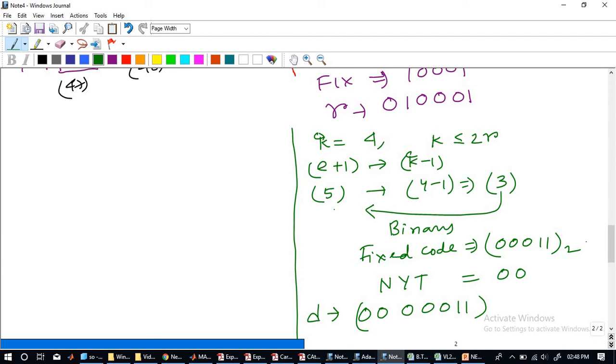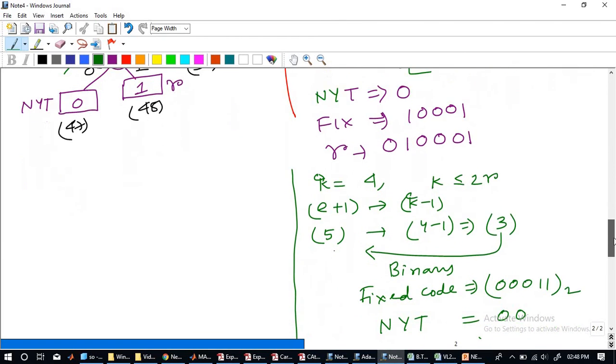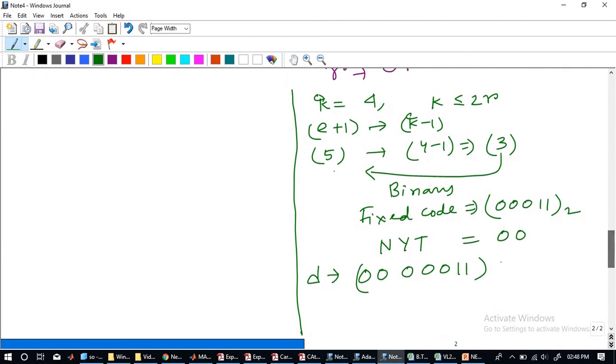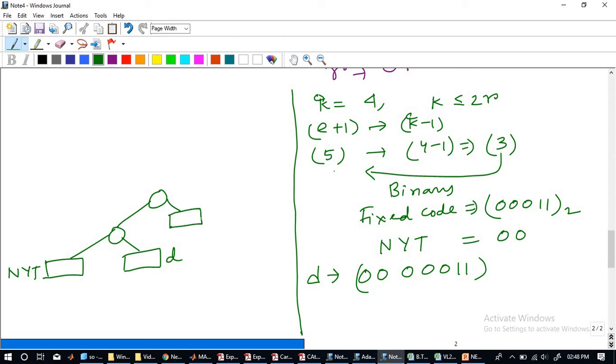What can be the updated binary tree for us? Ideally this will be our NYT, because D has appeared for the first time. As per the rule of our binary tree formation, this is our D. Now this has come from the position where R is, so R will always be there. And this is connected to another one where the A is positioned. Now give me the weight.